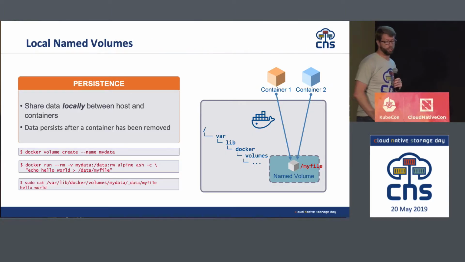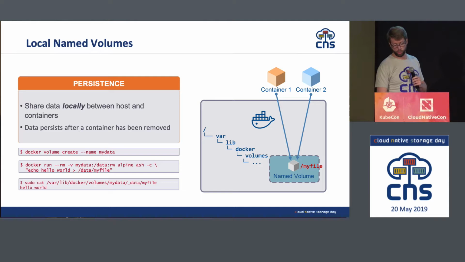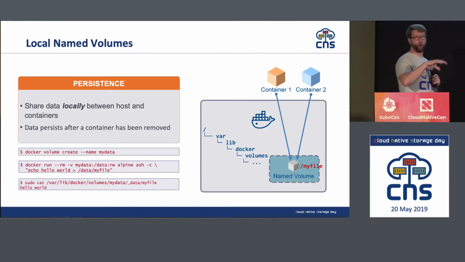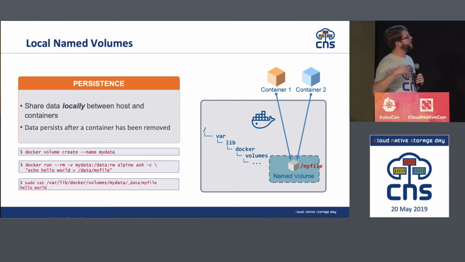One is a named volume in Docker. What this does is that when your container is running on a host machine, you can store or write data onto the file system of the host machine your container is running on. And so you can see here, it's under /var/lib/docker/volumes, and all the data that your container is writing to that specific volume will stay persisted on the host. If your container goes away and comes back up again and reuses the same volume, all that data is still there, which is good for persistence, but that obviously has a downfall, as we see here, which is that this is only on one host. If your container moves to another host, you don't have access to that same data because it was only stored locally on that one host.